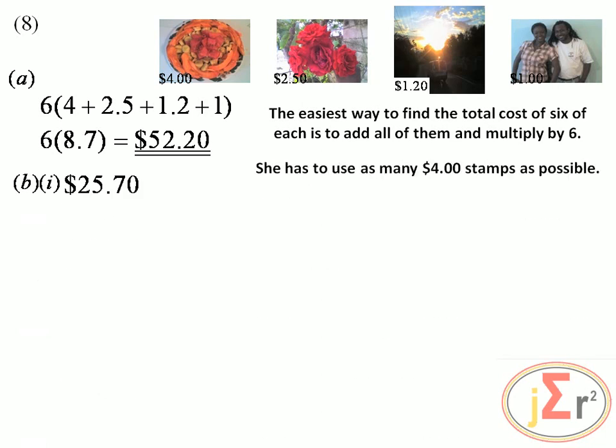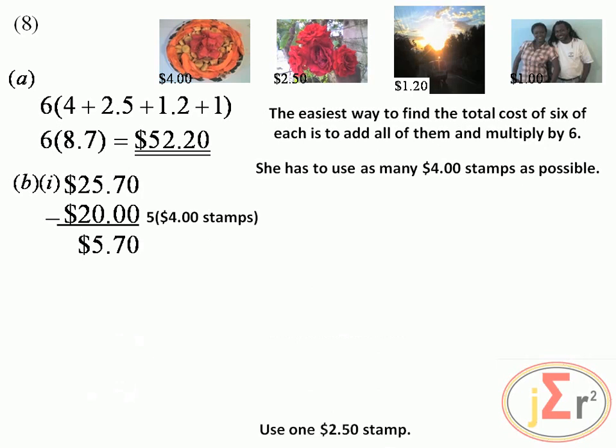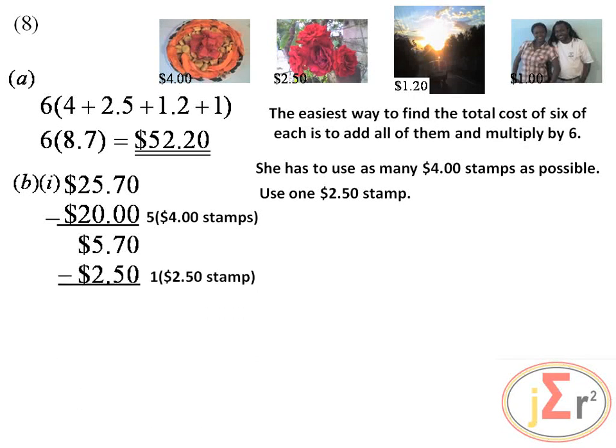So let's go. We have $25.70. She has to use as many $4 stamps as possible, and we are going to use 5 of them. 5 times 4 is 20, so the total cost for the $4 stamps will be $20, and we have $5.70 remaining. Next, we will use one $2.50 stamp. So we'll take that $2.50 from the $5.70 that we have, and we will be left with